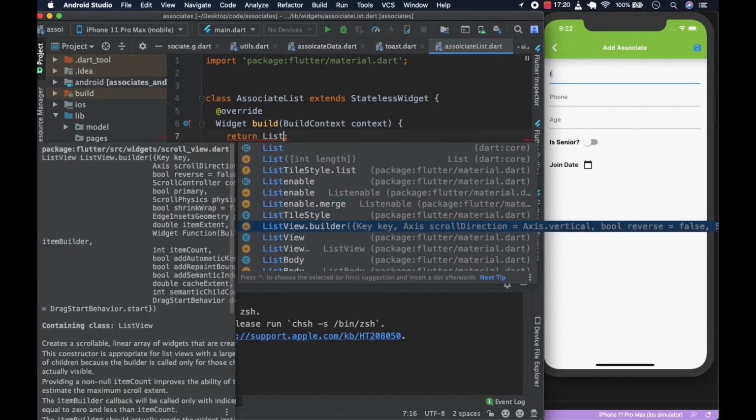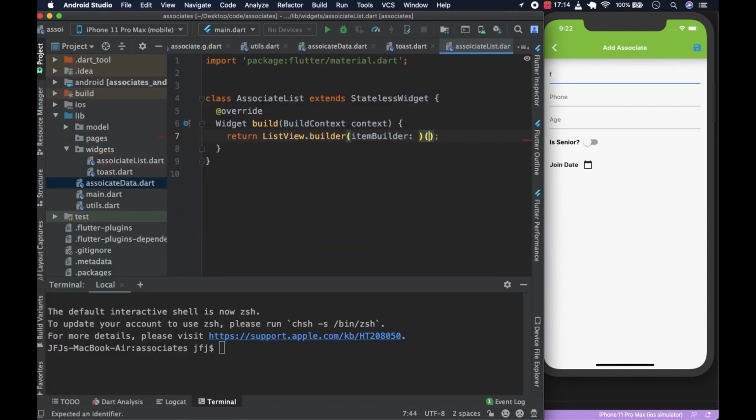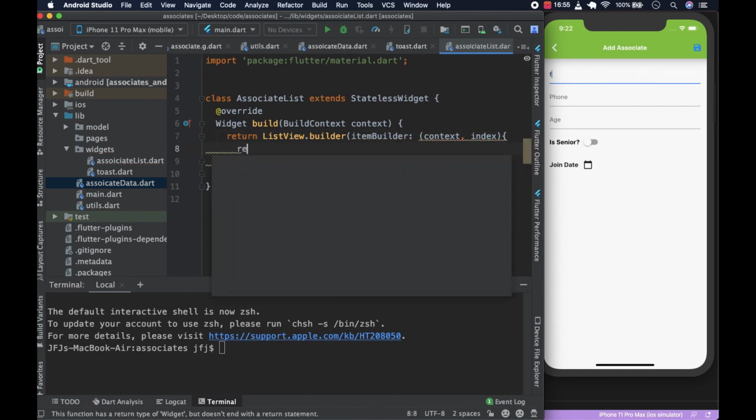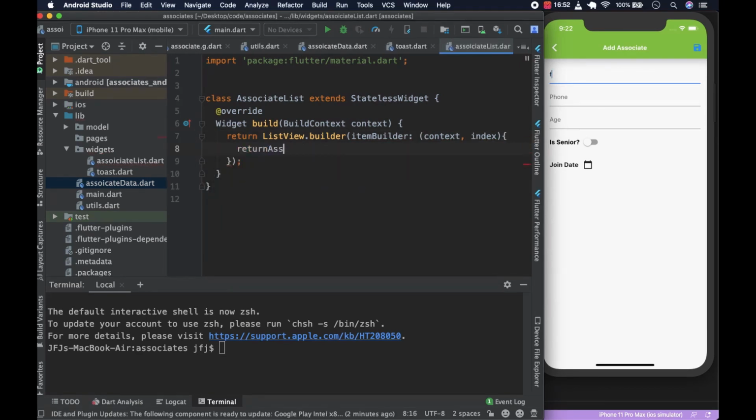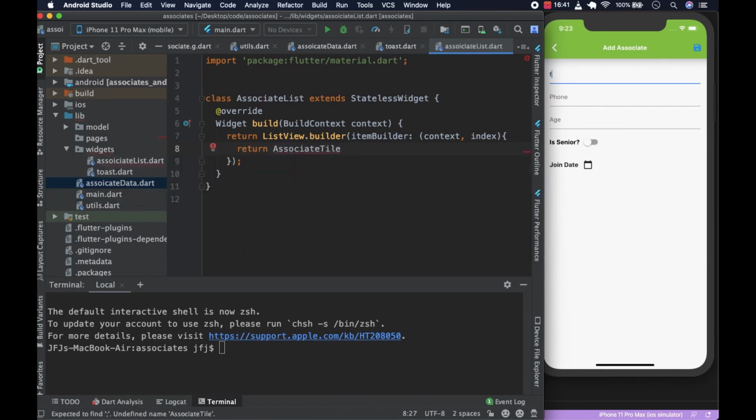We will come here and type list view dot builder, like this, and in it item builder is going to take the context and the index, right? And it is going to return an associate tile. That's what we're going to build next, actually. So we would get an error here. Associate tile. We'll call it associate tile, and